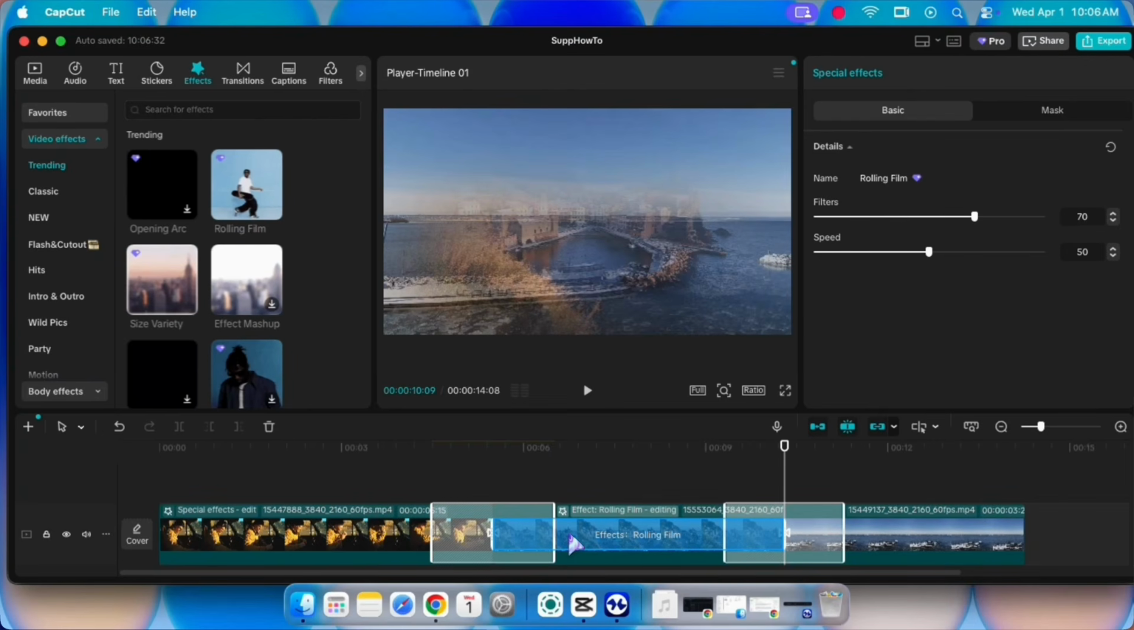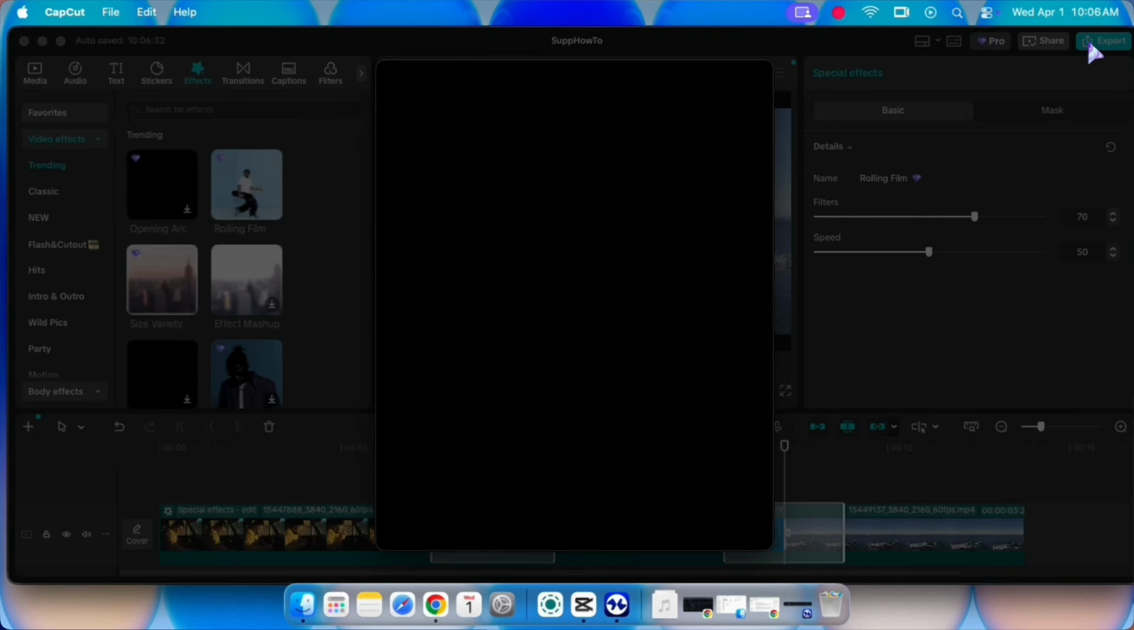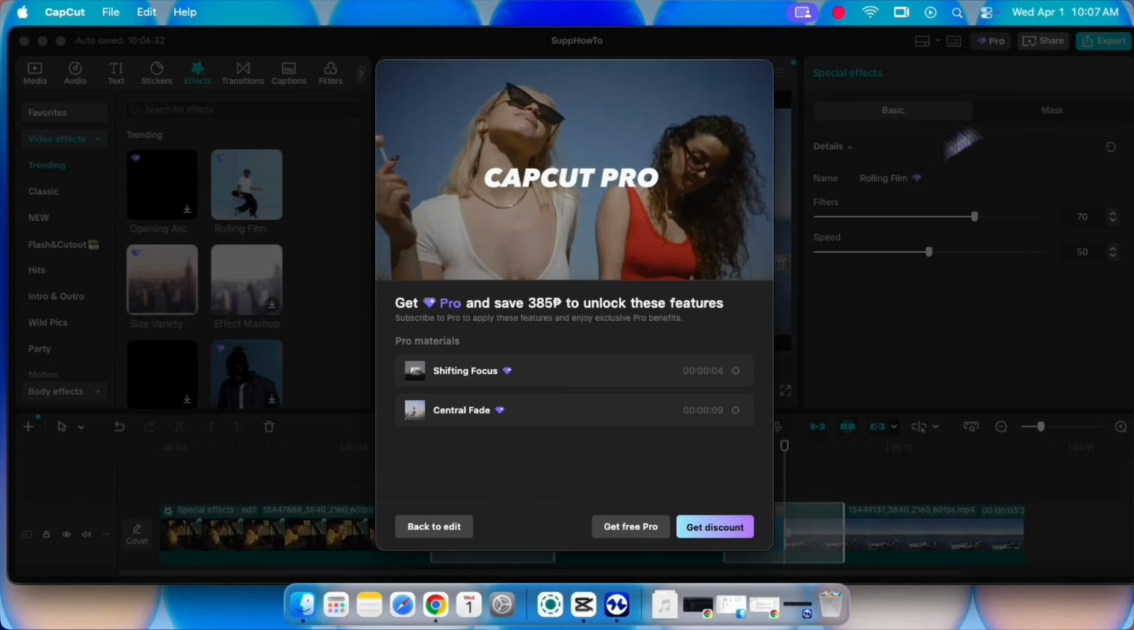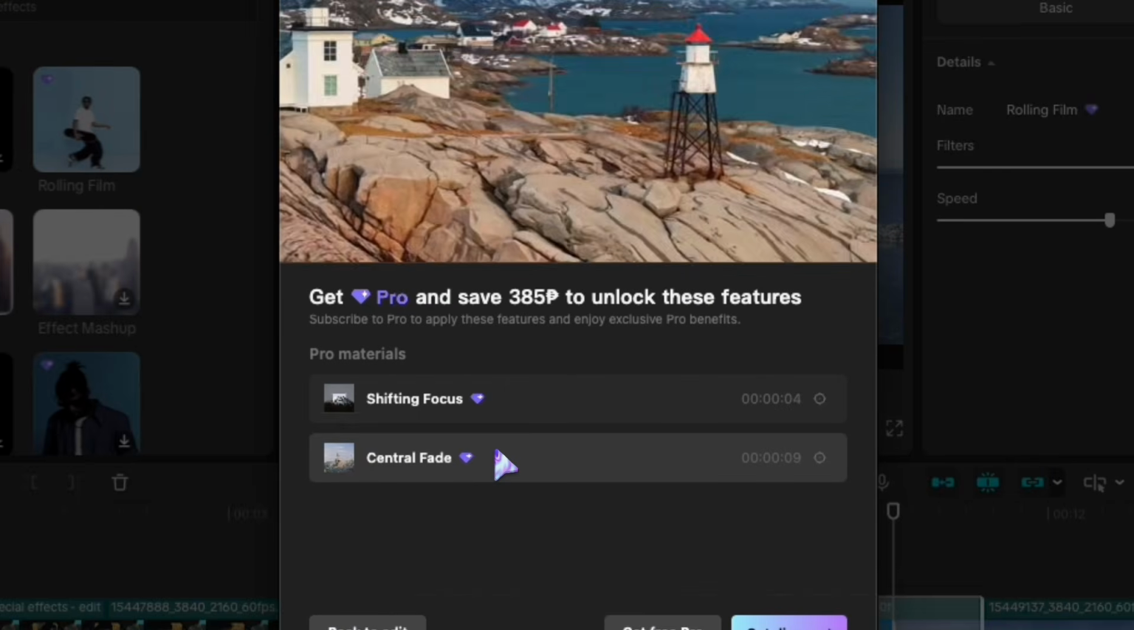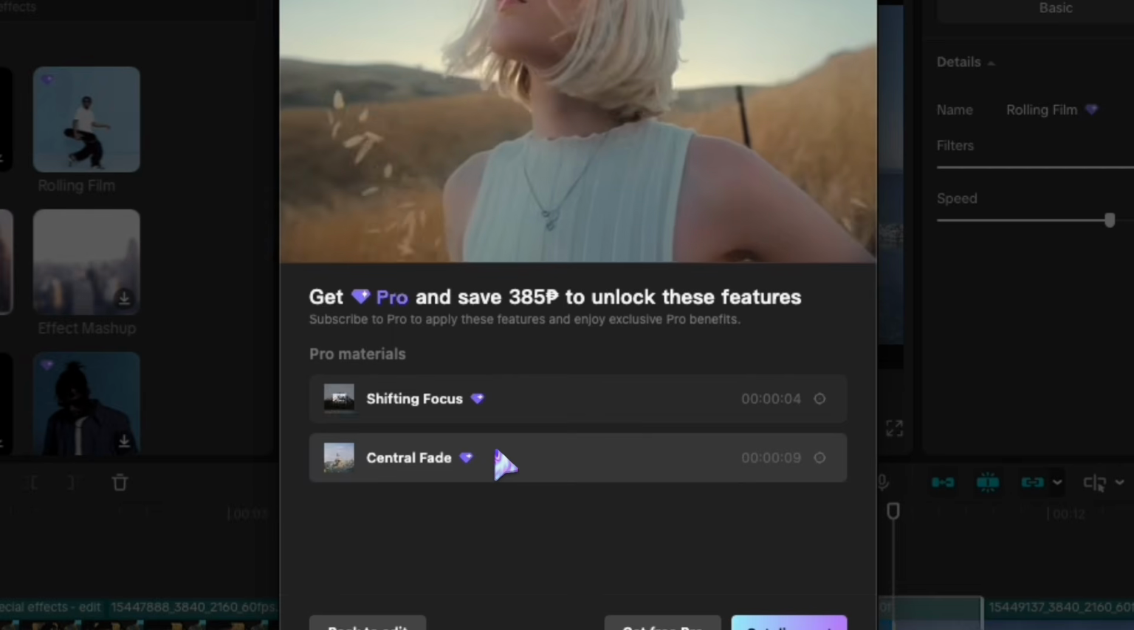Are you tired of spending hours perfecting your video with high-end transitions and cinematic effects, only to be blocked by a paywall the moment you hit export? We have all been there. You have found the perfect pro-tier filter that makes your content pop, but you aren't quite ready to commit to